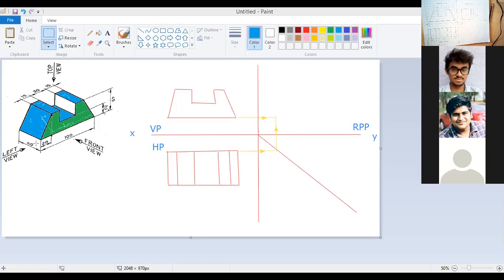So in the side view, what all is seen? 40 is seen, and height 45 is seen. So from here, I'll draw a line in red color as it is a view. This is 40, and similarly this is 45, or from here directly identify the boxes and represent it. So this will be the side view. Even this edge can be obtained by drawing a line from here till it meets here and then projecting it upwards. Even this is also possible, or directly 40 mm and 45 mm.